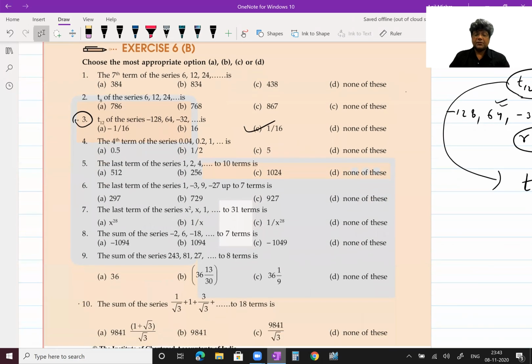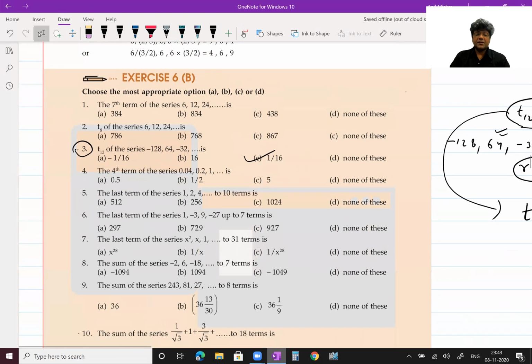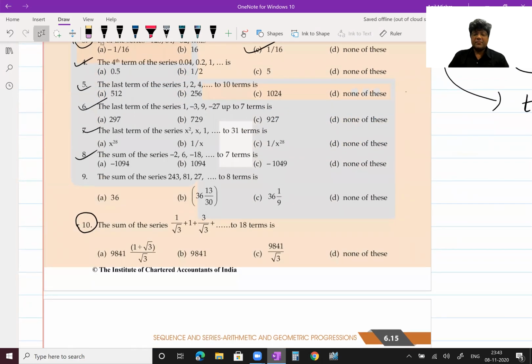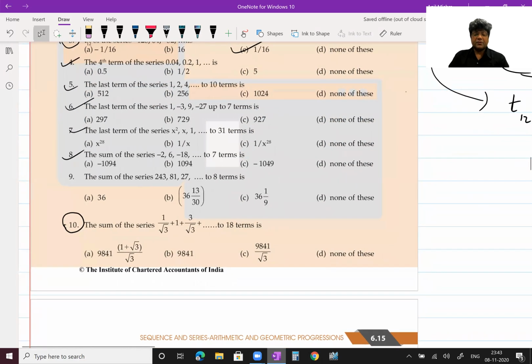Next question, guys. Sum of the series, last term. See, everywhere fourth term, last term, sum. So one more sum, guys. We would now like to do the sum questions, 8, 9, 10, all of them are asking sum. This number 10 is looking a little bit critical, so I am doing question number 10.